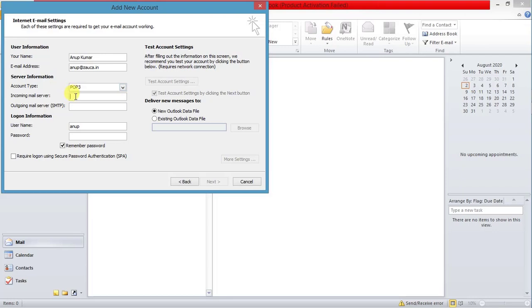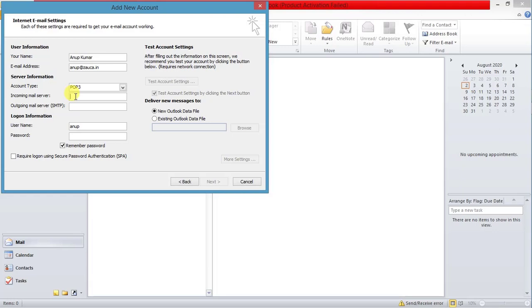And again here it is asking for the incoming mail server. From where will you get this data? If you contact your server hosting team, from where your website is hosted, they will provide this data. If you have bought the service from Jauka, our company, here are the incoming and outgoing servers: mail.jauka.in, mail.jauka.com. If you have purchased a server from somewhere else, they may provide a different mail server, so you have to make sure. If you have any confusion, you can talk to your server hosting provider team, and they will suggest what your incoming and outgoing mail servers are.